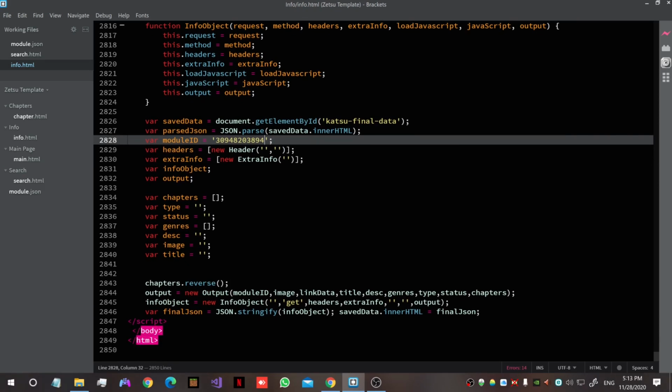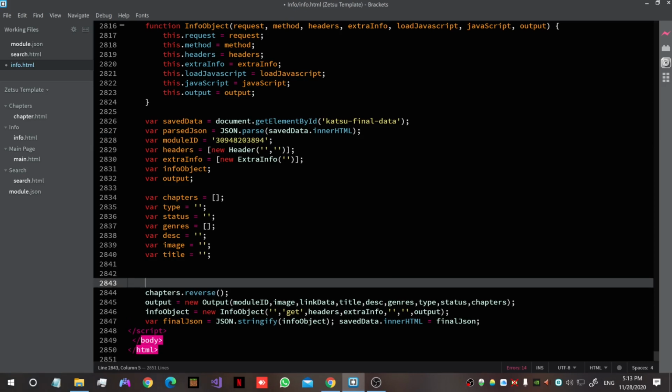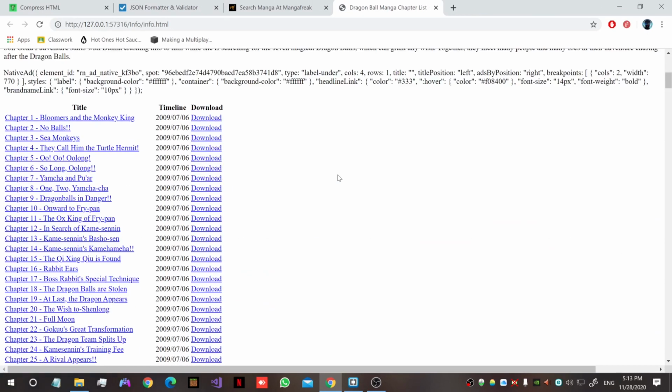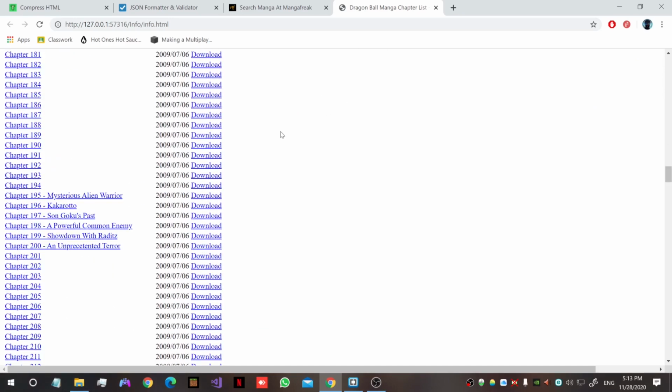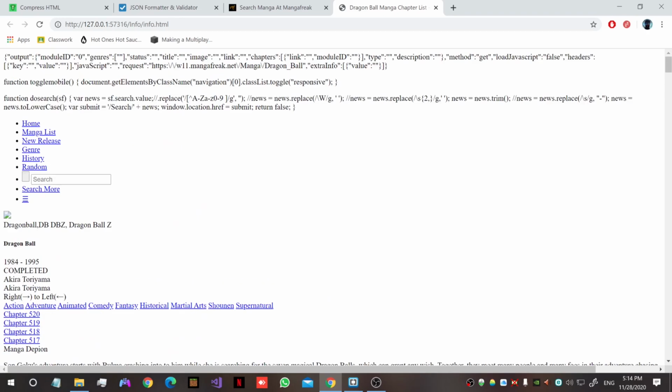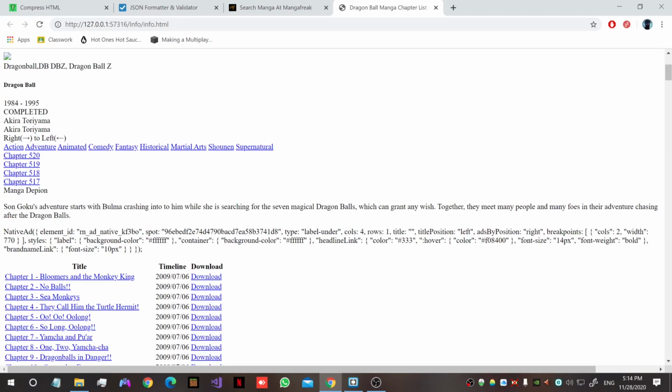Now over here, the info is actually pretty simple, since it already has our values, and then we just gotta fill in each one of those values. So I'm gonna make some space over here, and what we're gonna do, we're going to actually run the page. We're going to check everything. Here are all our chapters, and that's pretty much it. That's pretty much all we need. But we also got our picture, we got our title, we got our year completed, which is our status, we got pretty much everything, we got the description,